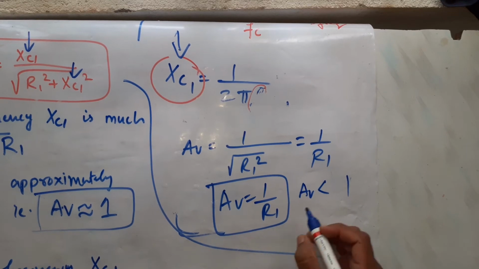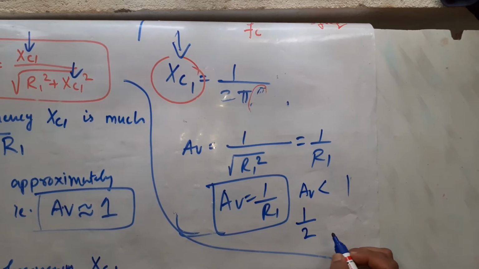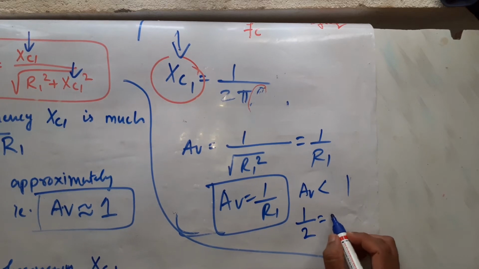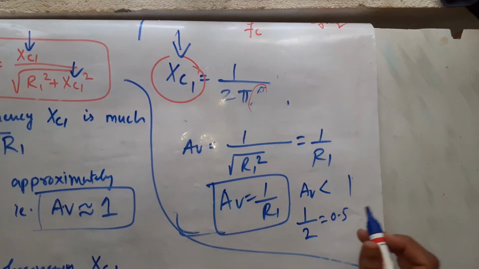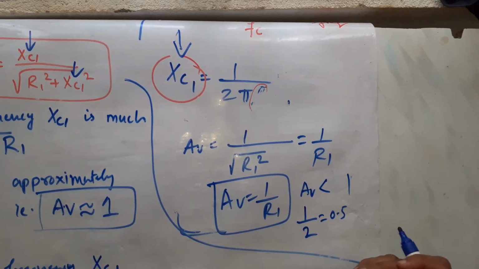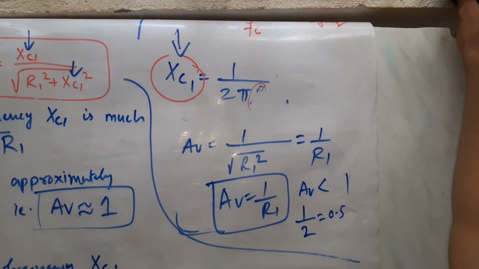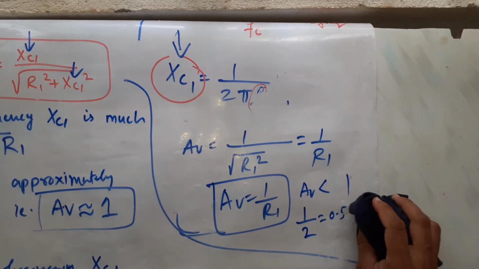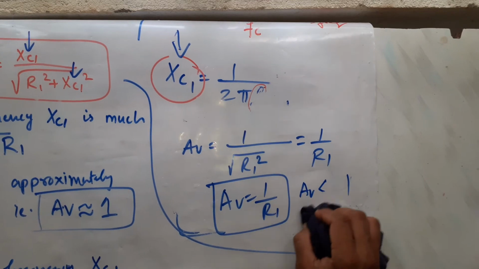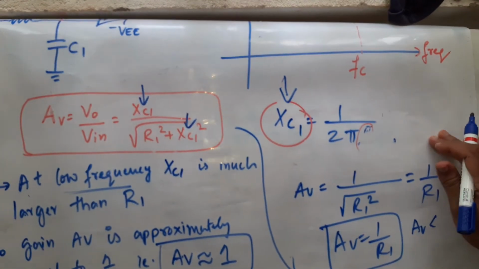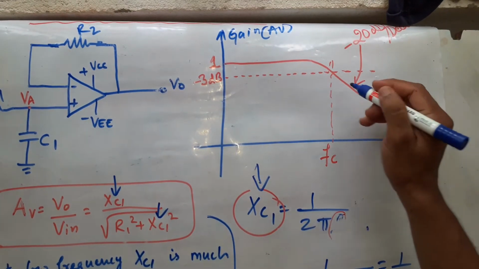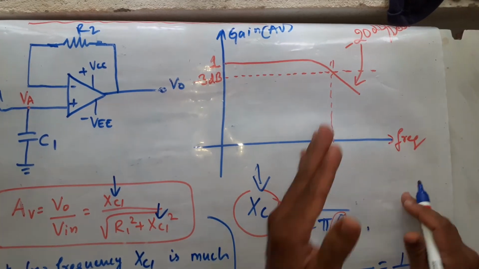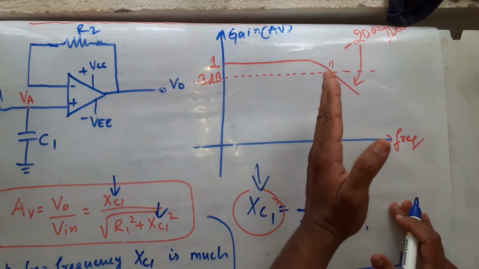You can consider some value for R1, say 1 over 2. If resistance is 2 ohms, this will become 0.5, gain will become 0.5, right? It should have been 1. Now the gain has become 0.5, half, right? So we say the gain is decreasing for any value of R1, isn't it? As your resistance goes on increasing, gain goes on decreasing. This is what happens, because of which, as the gain decreases, this is where the filtering is happening.